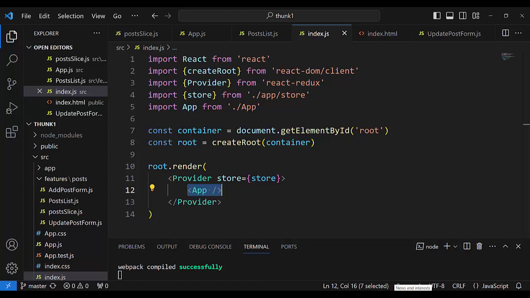applies dispatch to the store for every action: add new post, update post, delete post, read post, etc. It's all CRUD. Create, read, update, delete. Dispatch, useSelector,